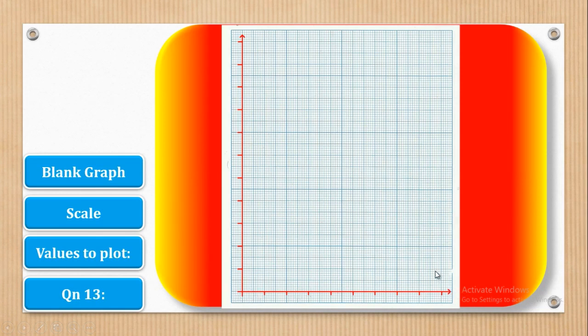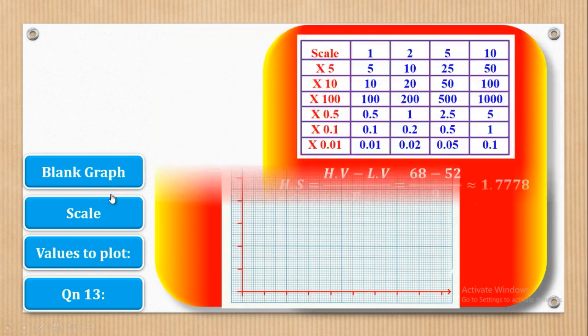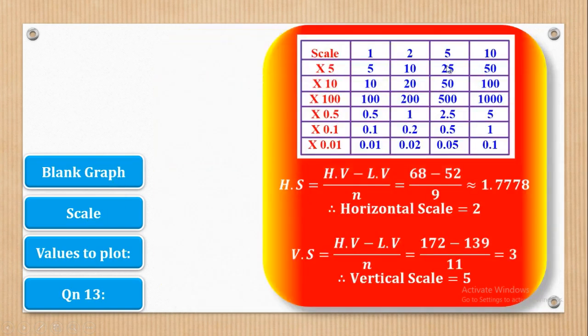Now after that, before anything, we are going to demarcate leaving intervals of 2 centimeters as I've done here. Do the same for the horizontal part. After that, the next part is to get the scale. So how is the scale got? The scale is got using these values, but the formula for scale is highest value minus lowest value over number of spaces. Now the highest value, if you look at these values,